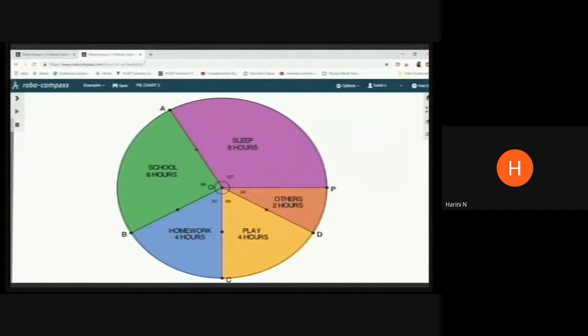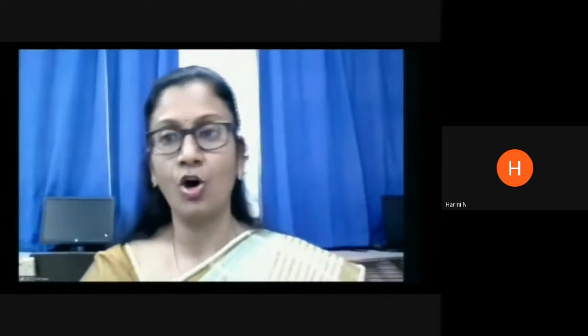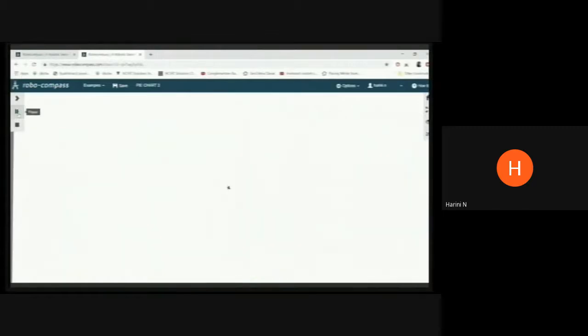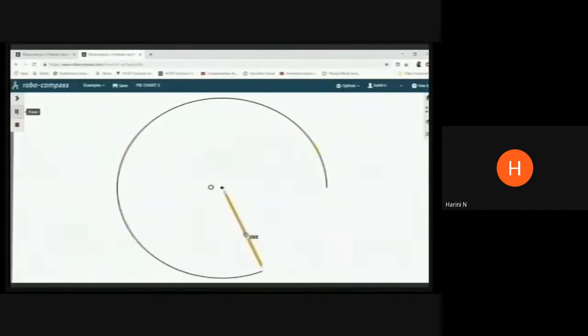So now, without much explanation, I'll be just clicking on the tool which will allow you to draw the pie chart. So we will quickly start. What is the first step? If we are able to recall, pie chart is a circular graph. So definitely you should have the circle. So this is how we are going to draw our circle. Take any convenient radius in your compass and draw the circle. This is the background of the entire pie chart that we are going to draw.